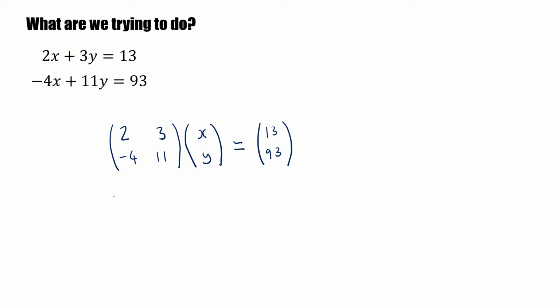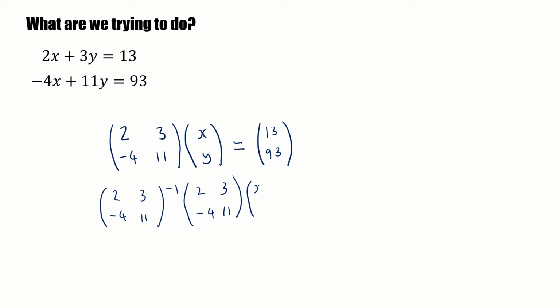And the good news is we can do that because it's being multiplied, so all we have to do to undo it, inverted commas, is multiply both sides of the equation by the inverse of that 2 by 2 matrix. Because the 2 by 2 matrix is in front of the xy, in order to make sure the inverse cancels out that 2 by 2 matrix, we need to multiply the front of both sides by the inverse. So therefore we're going to do the inverse of 2, 3, minus 4, 11, times 2, 3, minus 4, 11,